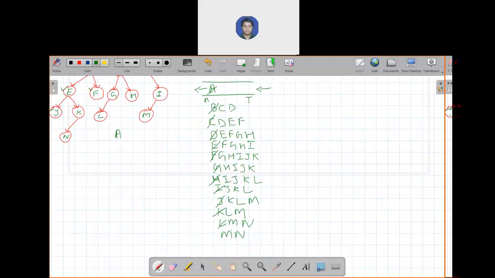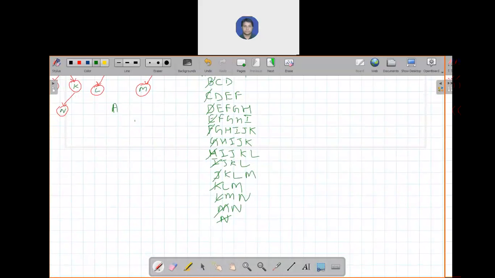Now top of the element is M, so remove it and explore state M. As you can see, there is no element, so there is no need to enter any element. Now the N is the top element of the Q, or the front element of the Q. Let's remove it and add the state from N you can explore. There is no state, so there is no need to enter anything. Means now your Q, as you can see, is empty.